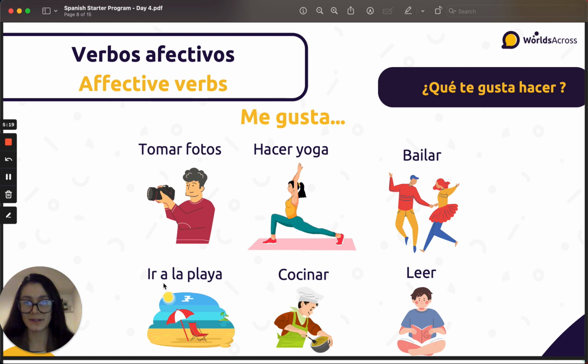You can omit it and just say me gusta, te gusta, or le gusta, and then the action. So we have some here. We have tomar fotos, take pictures; hacer yoga, do yoga; bailar, dance; ir a la playa, go to the beach; cocinar, to cook; and leer, to read. All right?